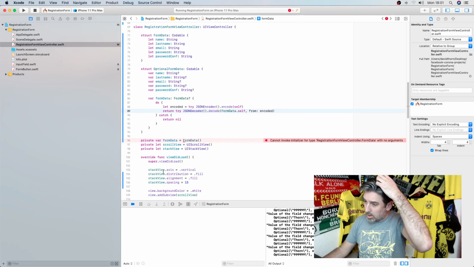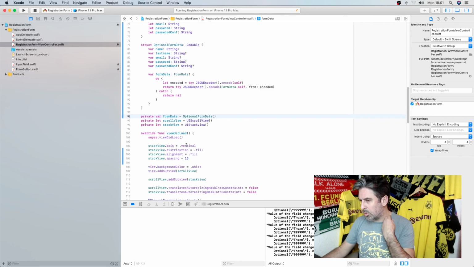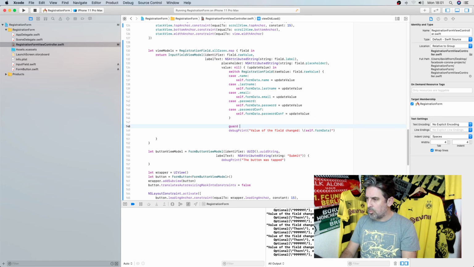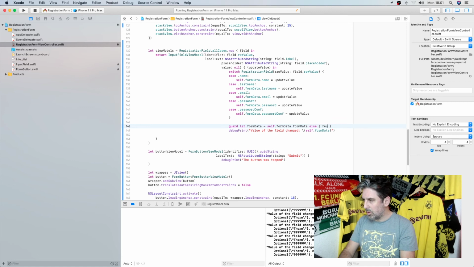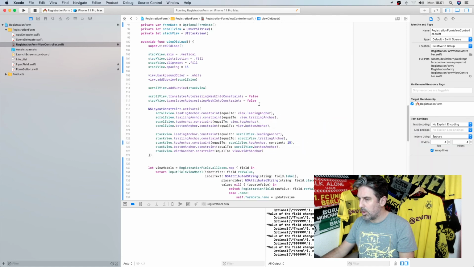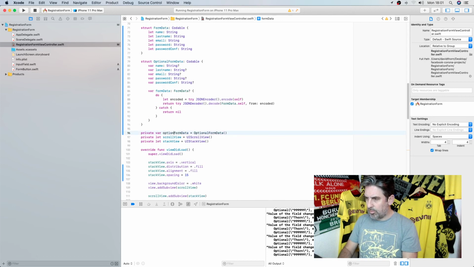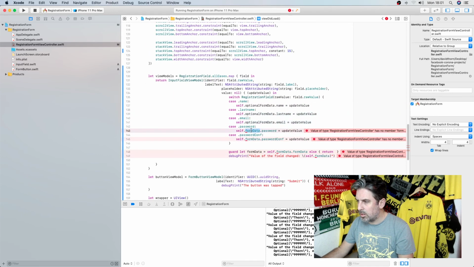So you try and convert it to the other one, which means this is optional form data, and then on here equals self.formData formData. But let's change that to be optional form data. Go there and change all these,